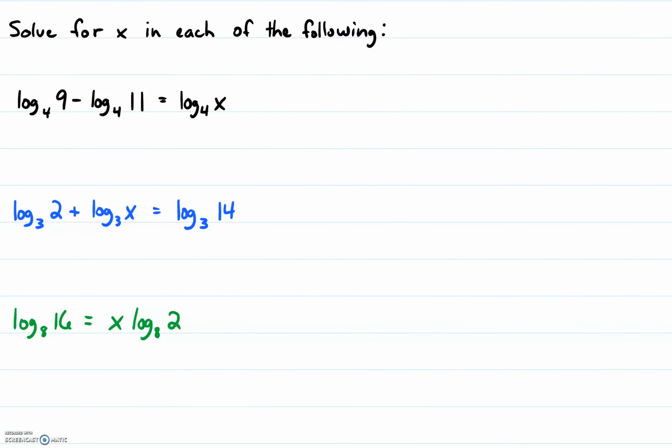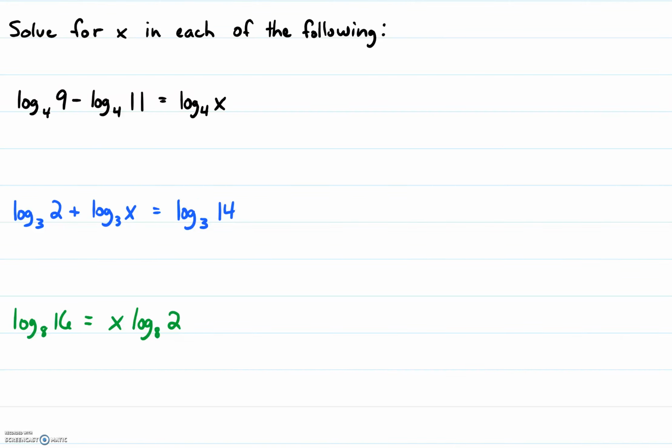In this video, we're going to use the product, the quotient, and the power properties of logarithms to solve for x in each of the three problems below. For our first problem, we have log base 4 9 minus log base 4 11 is equal to log base 4 x. Now keep in mind, to use these properties, we're going to have all the same base on our logs, but we do in each of these problems,